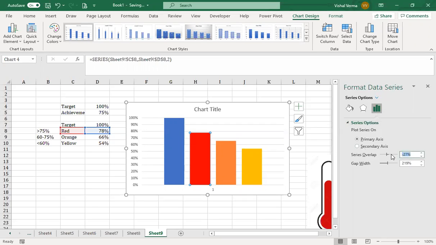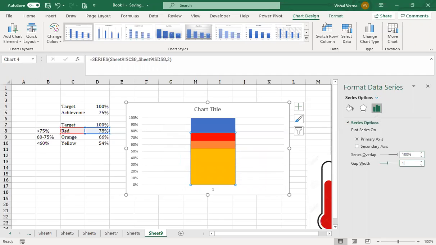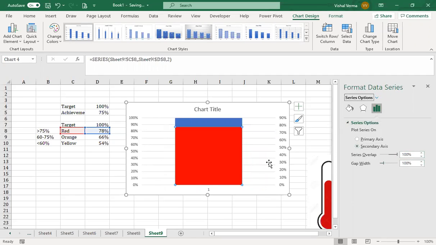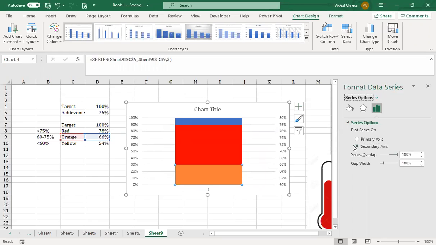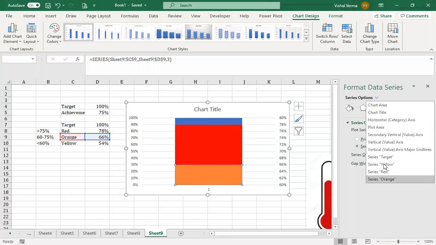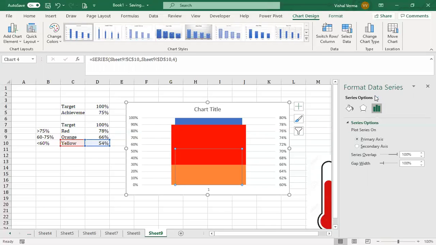We'll do the series overlap as 100%, and gap width will be 100%. And let's make it a secondary axis. Let's work on all that and then we will change. We'll make it a secondary axis, and then we have got yellow, as secondary axis.